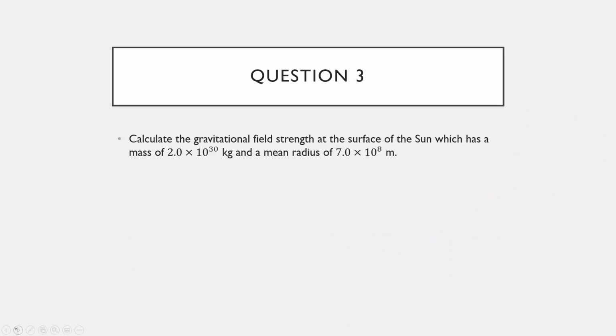Let's do one more, see if we can use the equation again. So what do we got? Calculate the gravitational field strength at the surface of the sun, which has a mass of 2 times 10 to the 30 kilograms and a mean radius of 7 times 10 to the 8 meters. So here's the sun. If it's a sphere, the distance from the center to the outside is this, 7.0 times 10 to the 8 meters. Cool, and it's asking us what is the field strength at the surface. So what is the field strength at 7 times 10 to the 8 meters from the center of mass of the sun? Cool, so now let's just plug in the equation